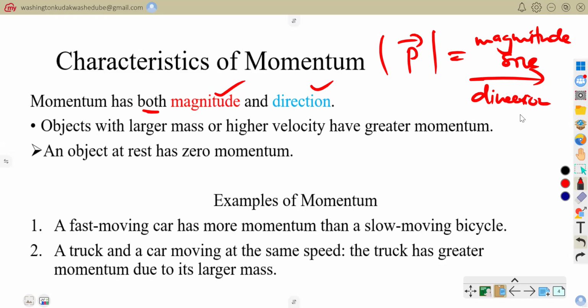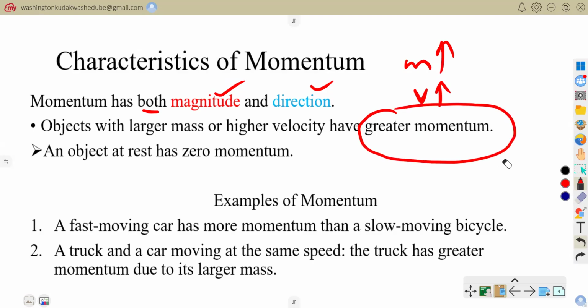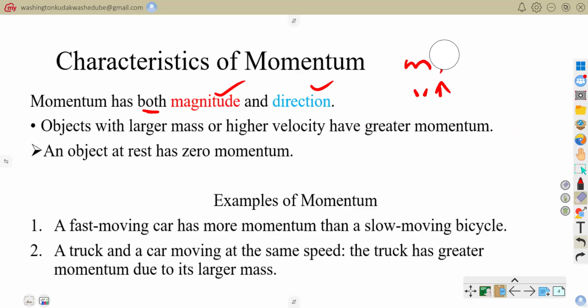You need to state its direction. So we are saying that momentum has both magnitude and direction, since we have simply said that momentum is a vector quantity. And also, objects with a larger mass, as well as objects with a greater or higher velocity, will have a greater momentum. Whenever we have a larger mass or a higher velocity, just know that you'll have a greater momentum,